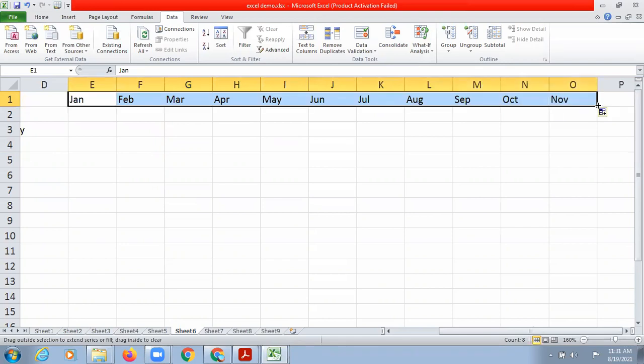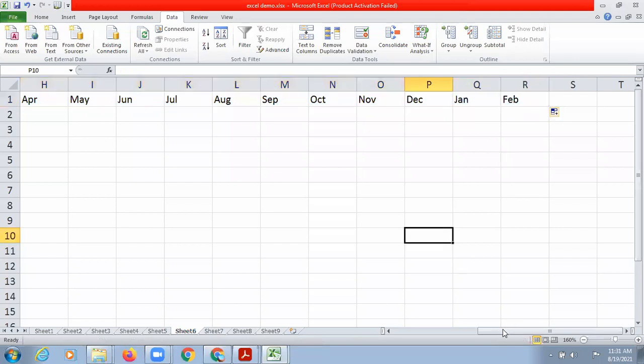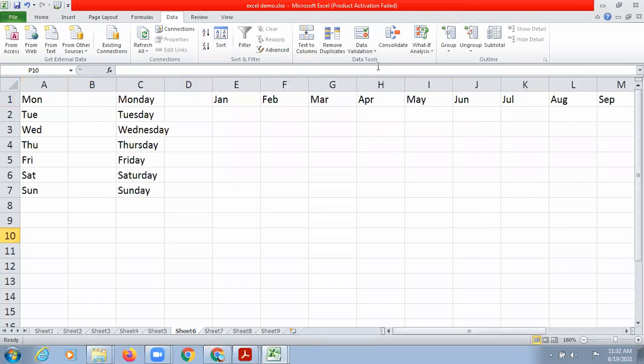At the end, once November and December come, if you further drag it, again it will start printing January, February. Similarly here also, after Sunday, if you keep on dragging it, it will again start with Monday.